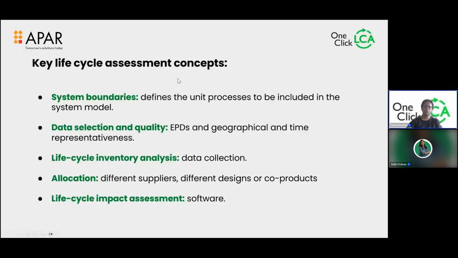System boundaries. This defines the unit processes to be included in the system model. So you have to define, let's say if they're going for AL59, what is the system boundary that they are going to follow. Then next you have the data selection and the quality. Data selection and the quality should also have geographical representation and the time also, and the life cycle